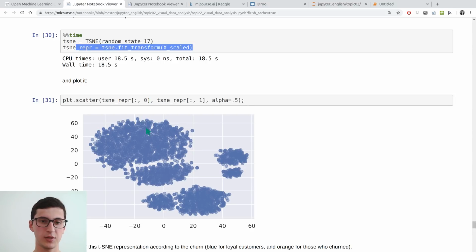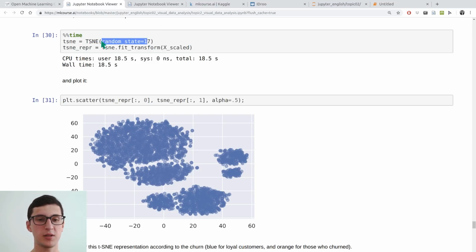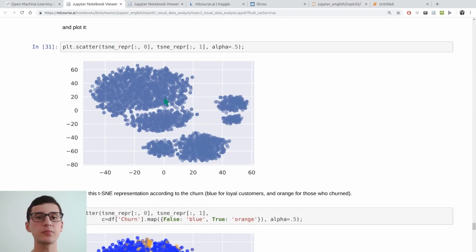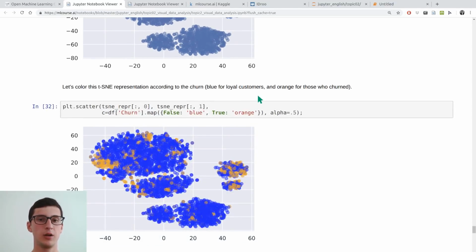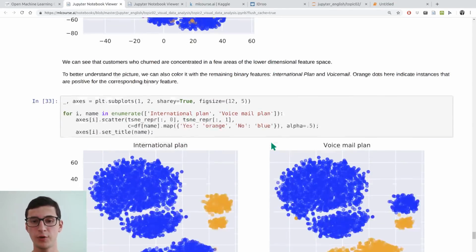We've got some blobs, in this case maybe 6 of them. We definitely need to fix random state, since the algorithm is very sensitive to hyperparameters, and you can get different pictures if you change random state. You can color this data according to churn,